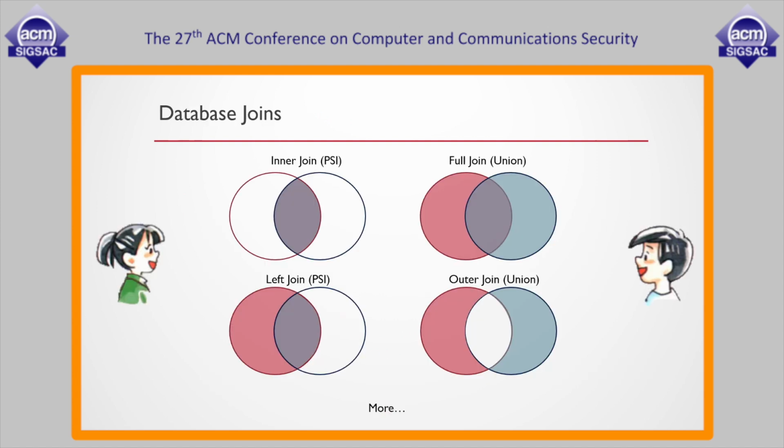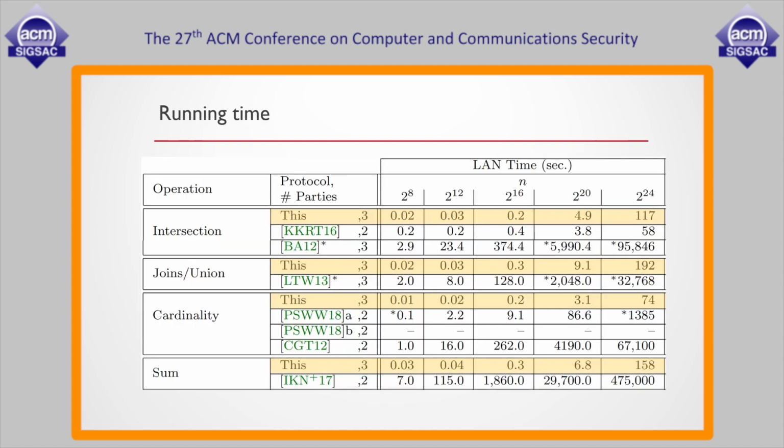With a tiny bit more work beyond this basic protocol I showed you, you can get inner joins, full joins, left, right, union, you name it. We do have some restrictions in that the keys you're joining on need to be unique, but that's not too big of an issue typically. And we also get really great performance. There are some classic PSI protocols which are faster, but they are solving a much simpler problem, so it's not quite fair. The main point is that we can do a secret shared PSI in about 5 seconds, or we can do more general joins in 9 seconds for 1 million items. Yep. And to conclude and say